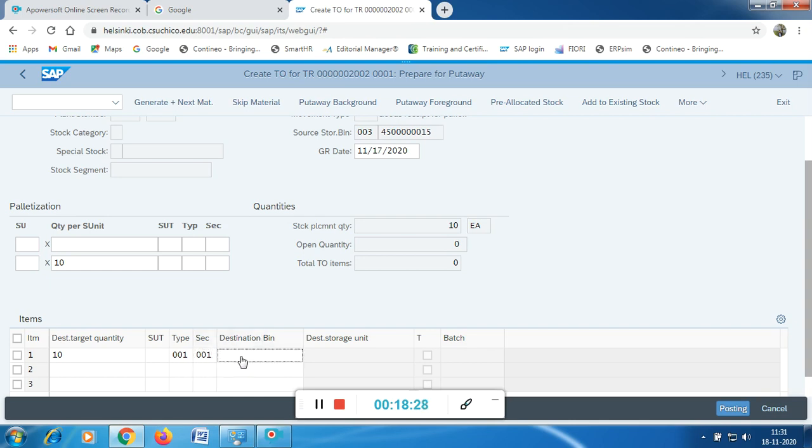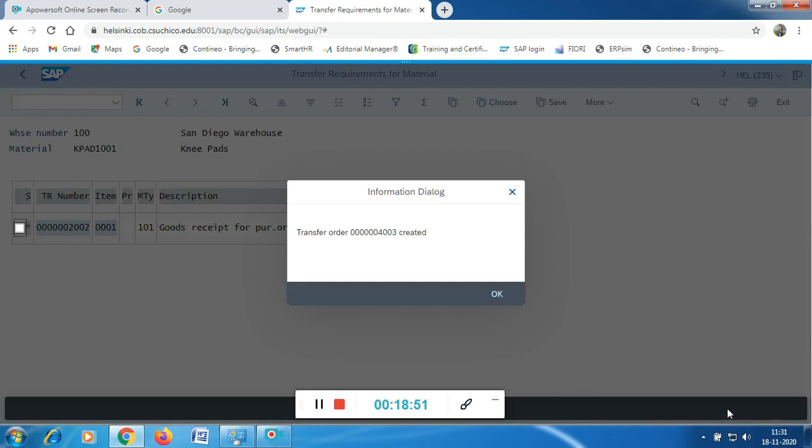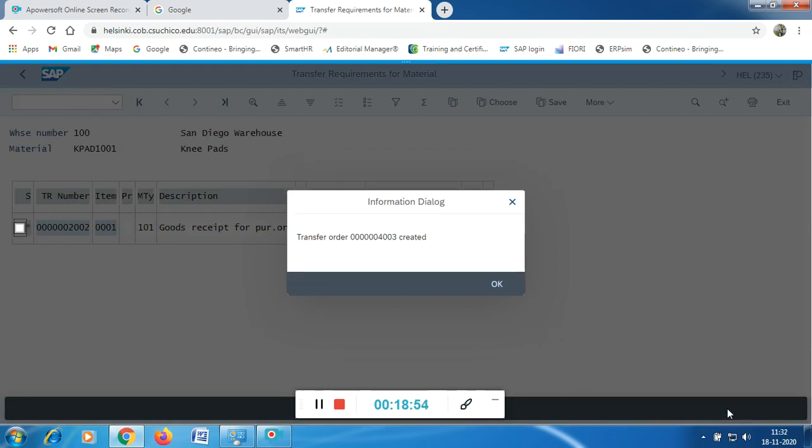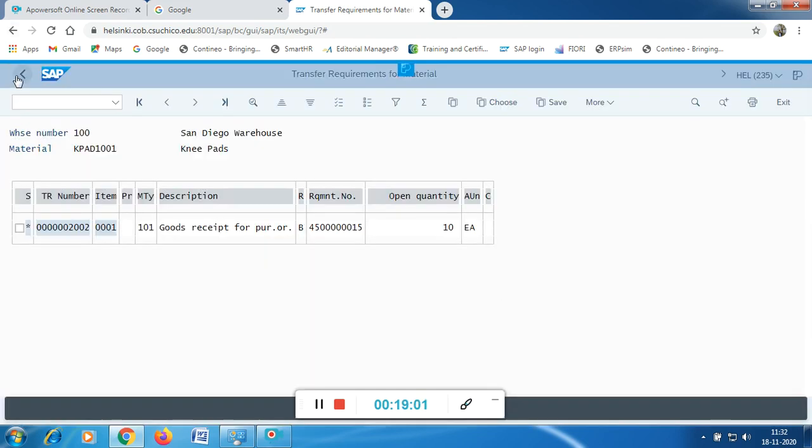And destination bin, that is your storage bin. I told you, STBN-1 followed by your 3-digit number. This is what we checked in the previous step, that is run bin status report. We knew that this is empty. Even if it is occupied, you can store any number of materials. I think 9,999 materials can be stored here. Give the destination bin and give the posting. You will get a number, so make a note of this number. Okay, 4003, the last 4 digits you can make a note of, that is sufficient. And click OK. This is for the first material.